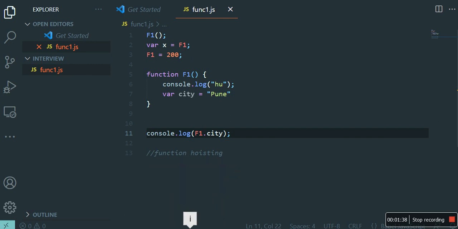It should be Pune. Okay, why do you think it should be Pune?